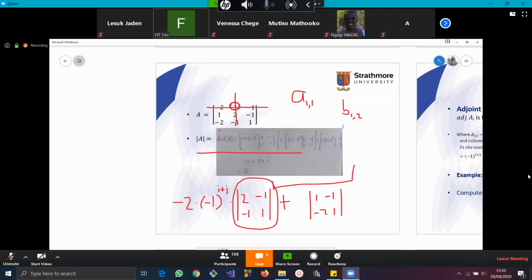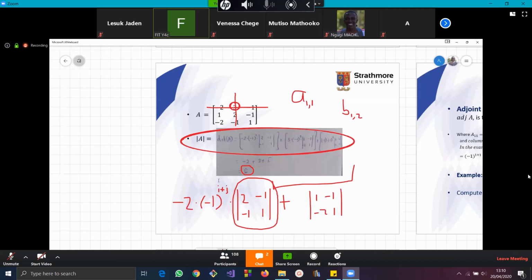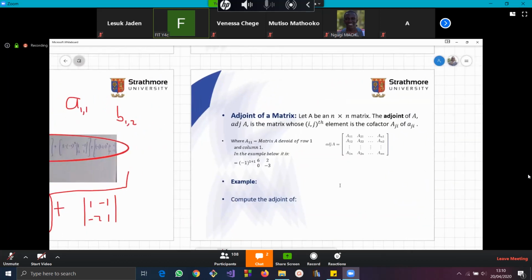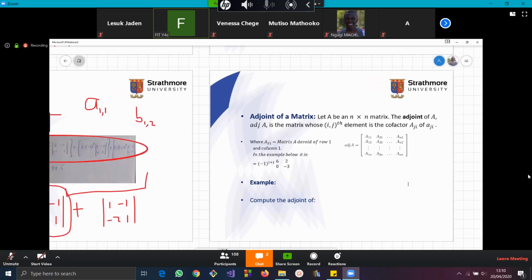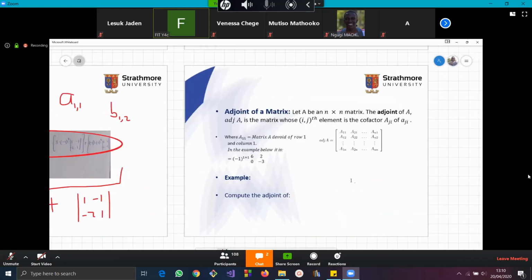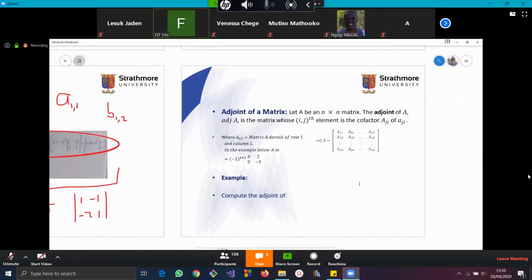So that's how you compute the determinant of this entire matrix, and then you actually are able to get a 6. You can follow through the computations from the slide. Then from the determinant, remember the aim is to know how to compute the inverse of a matrix. You have done it, so it's a revision. Then after you have the determinant,